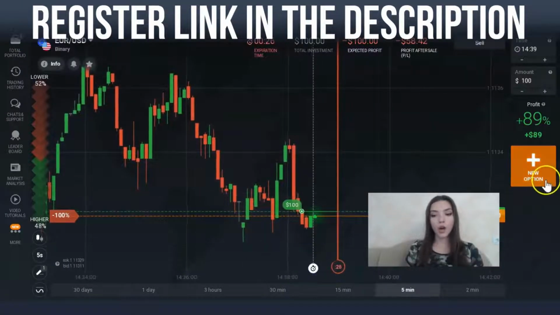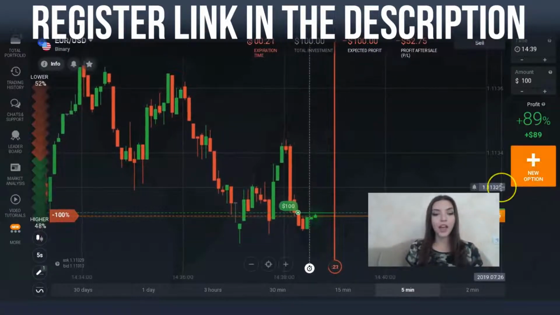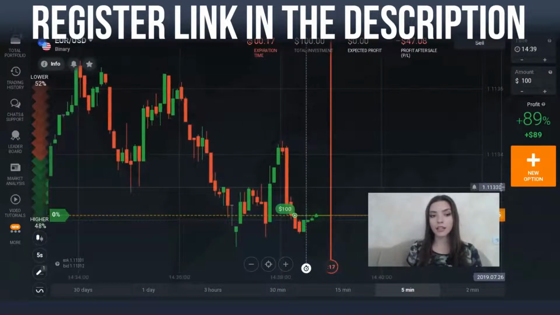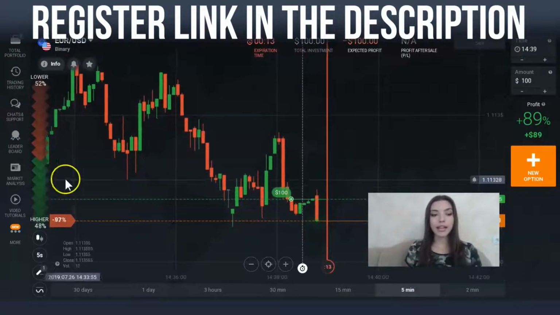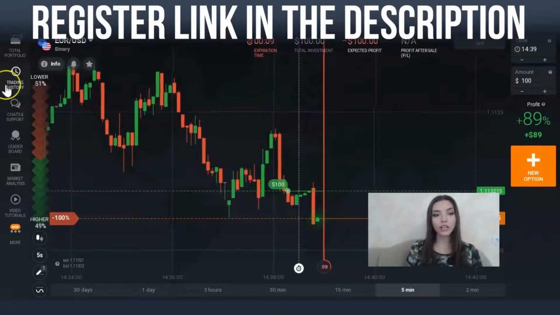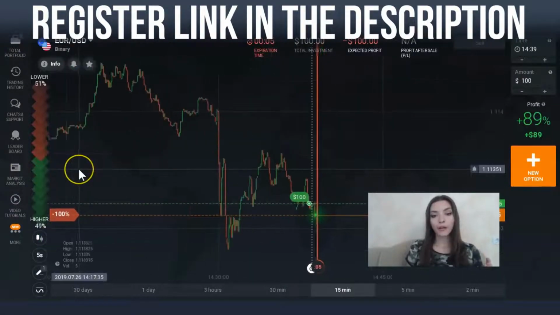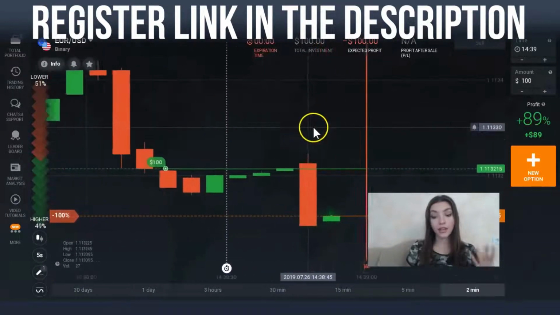By the way, you may open a new option if you have the opportunity and your own desire. So that is how you can work with candlesticks, but don't forget to look at the market analysis, which is right here on this panel of the screen. Trading history, leaderboard, the trend, actually the history of the whole trend, to analyze everything,